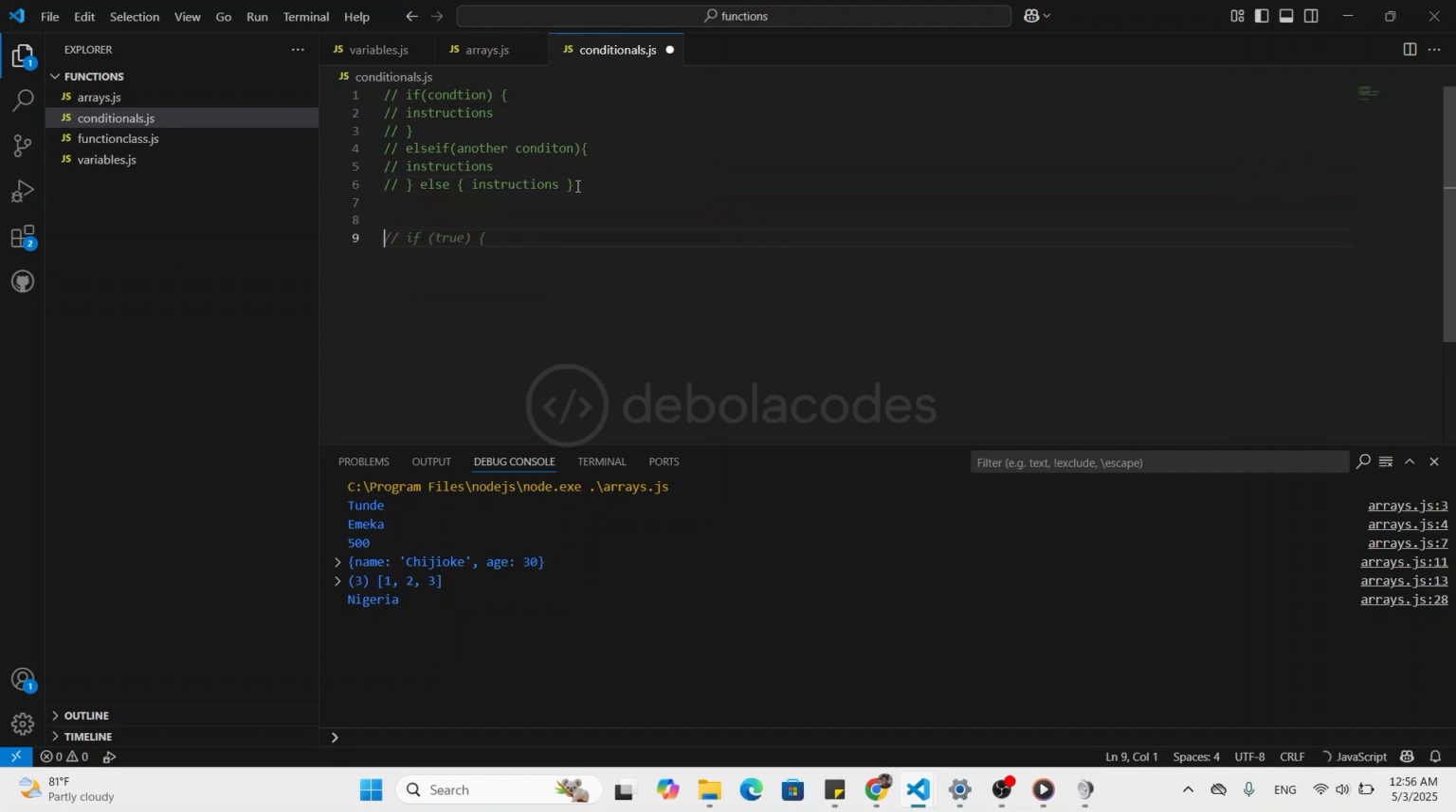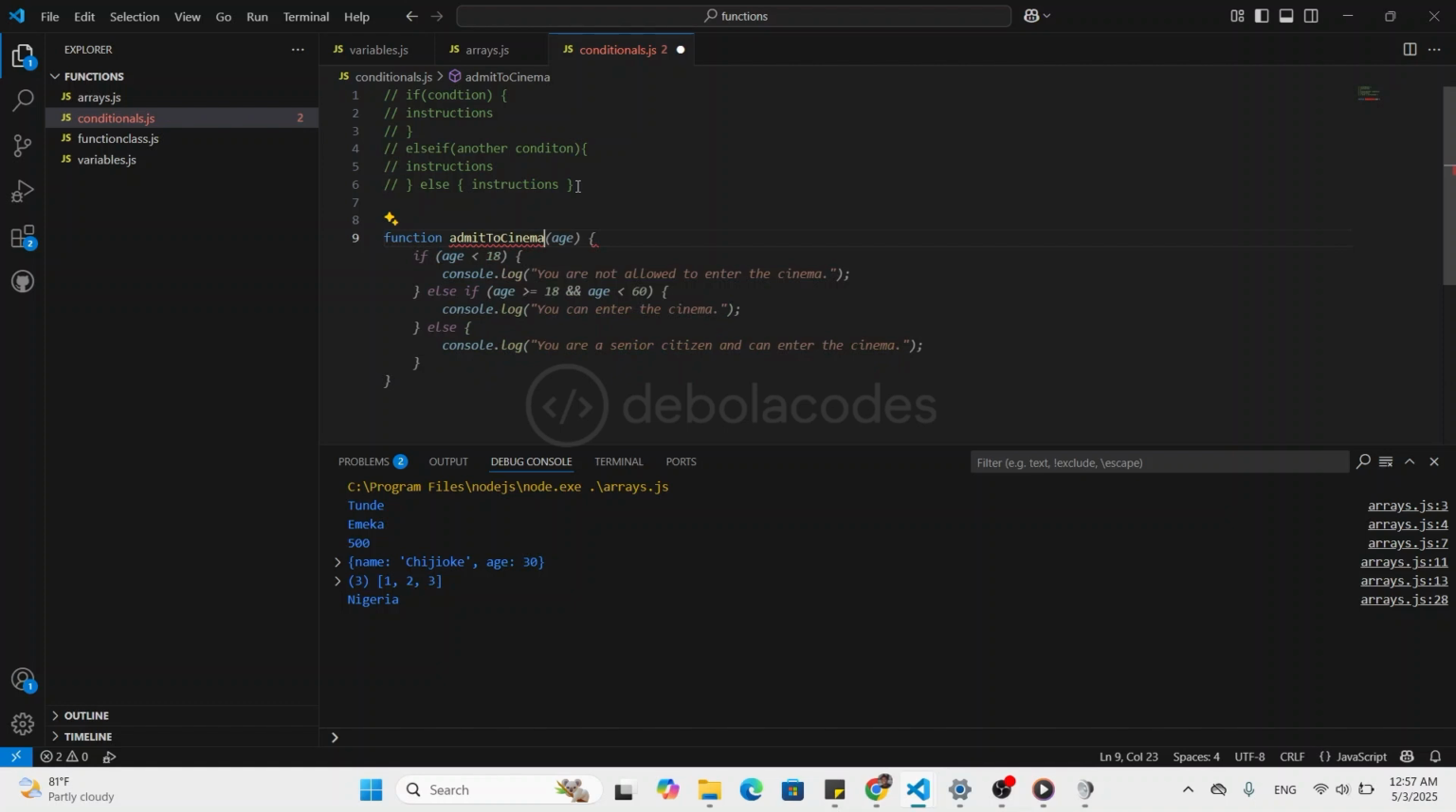So let me dive into this with examples. For example, it's a cinema and you only want 18 years old. So let me write functions. I've explained functions earlier. So I want to write a function that would admit to cinema. So I named it. The function is supposed to take in the age, and in the function, the first part is I said if the age is lesser than 18, I want to console